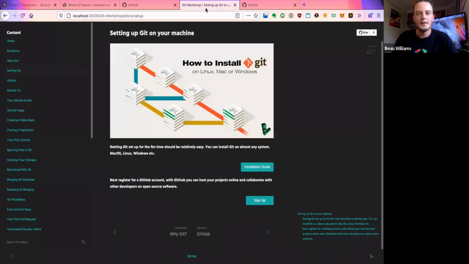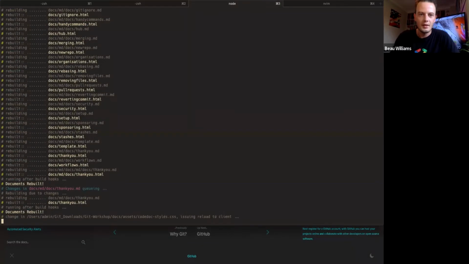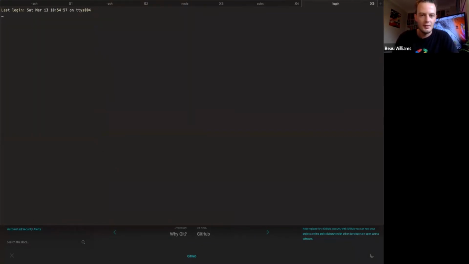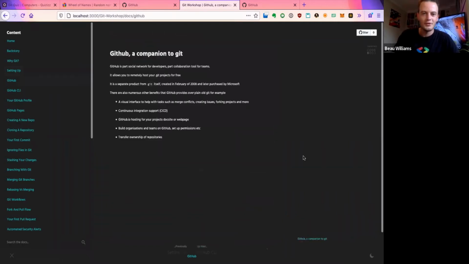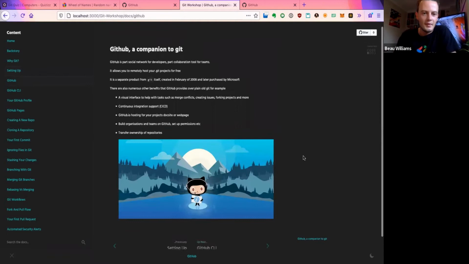So with that said, we've got Git set up on our computer, which is right here. So we can do the Git command when it loads. All right, so we can do the Git command, and we can do all kinds of things. And with most computers, it's actually installed. With a Mac, it comes with Git, as far as I know. Although I can't tell you that for sure, but I believe it does come with it.